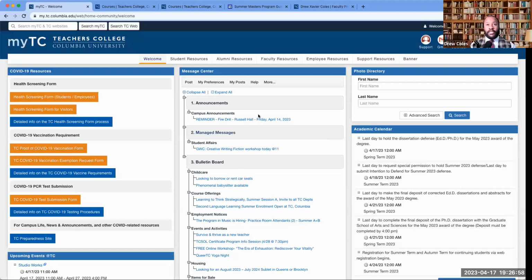So the first thing I'm going to share with you is the MyTC portal. When you log in, it's going to look like this. You can land on the welcome page, and you'll see these things in the upper right corner here. The first one of note is Gmail. That's where you're going to access your email address. The second thing is the calendar. This is tethered to the Gmail. The drive is also tethered to the Gmail, and you can put files here, videos, documents, anything that you need to. You can use that space to host that information